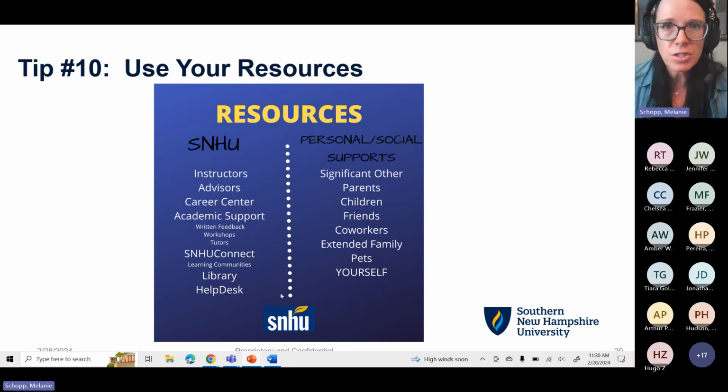So you're going to learn a lot this term here in SNHU 107 about the SNHU resources, which are the departments and the people that are here at SNHU. And it's SNHU or SNU, however you want to say it, y'all. And then you're also going to learn a lot about the personal resources or the social supports you have outside